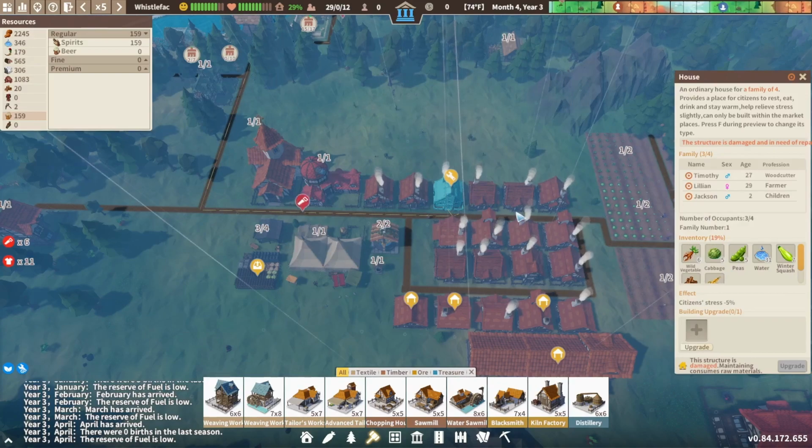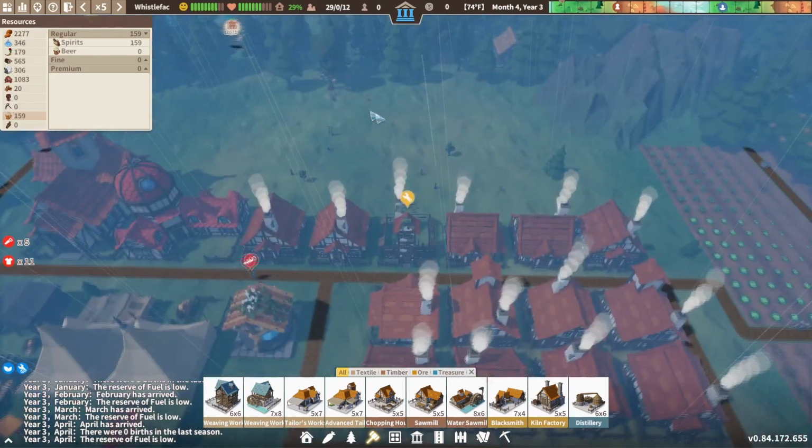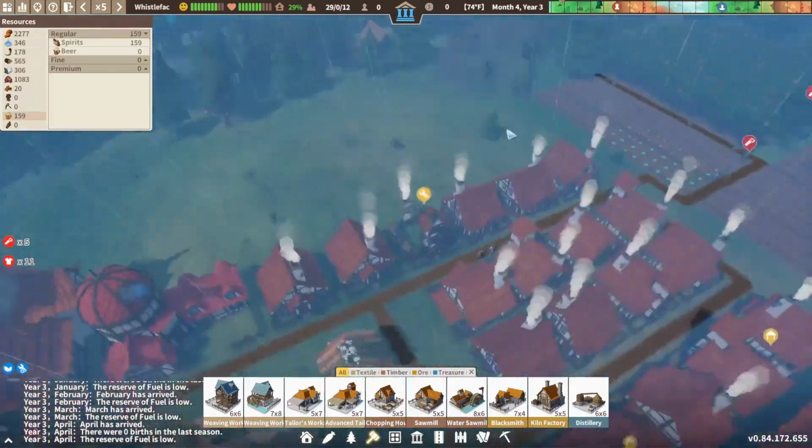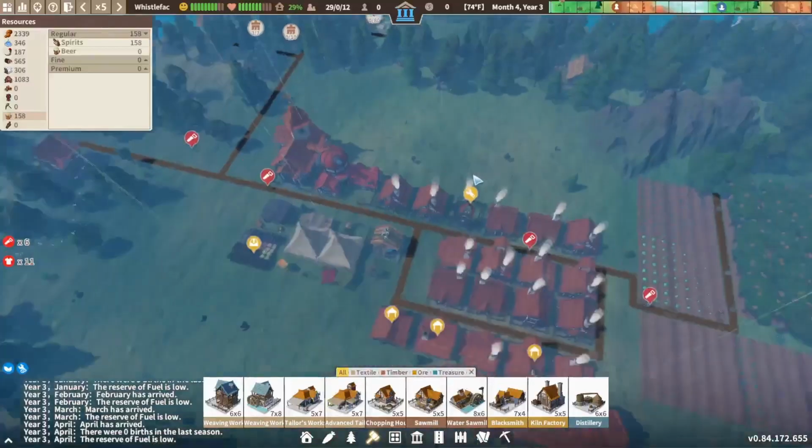Okay, and this building here, you can see by the little wrench icon, it is broken. Oh my goodness, what happened to your house? It's just missing walls everywhere. All right, so